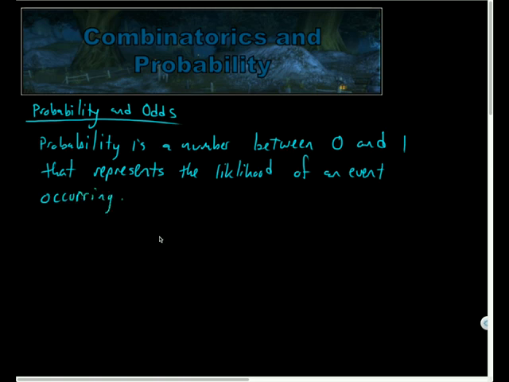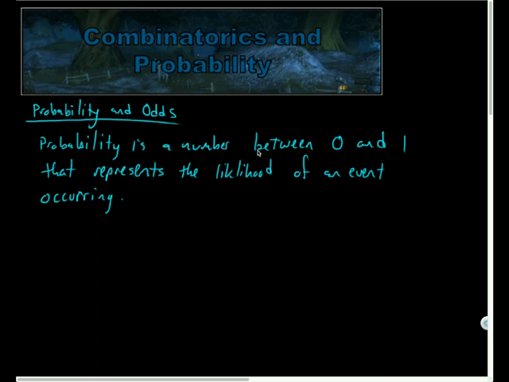So if the probability of an event occurring is 0, that would be a certain failure, or a certainty that it would not work out. And if the probability of an event was 1, that would be a certainty that the event is a success. And success and failure are not necessarily defined in terms of positive or negative outcomes. It's defined in terms of what the probability was originally looking for.